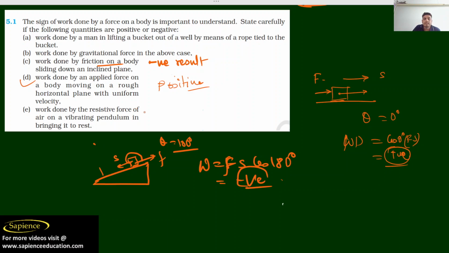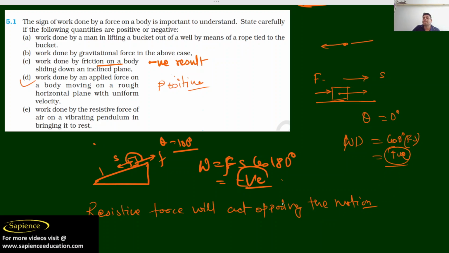Now work done by the resistive force of air on a vibrating pendulum in bringing it to rest. As we know, resistive force will always act opposing the motion. So definitely it will act in the opposite direction. When a force is applied in the opposite direction to the displacement, theta is equal to 180 degree. So for this case,